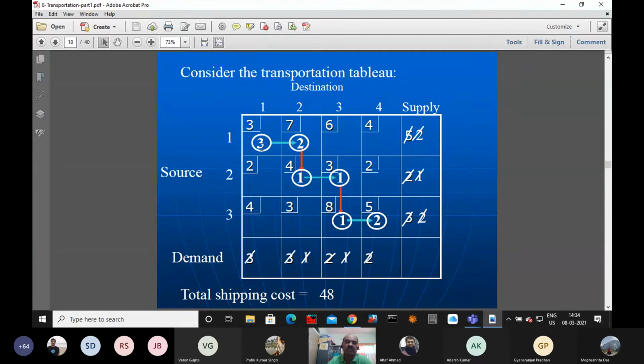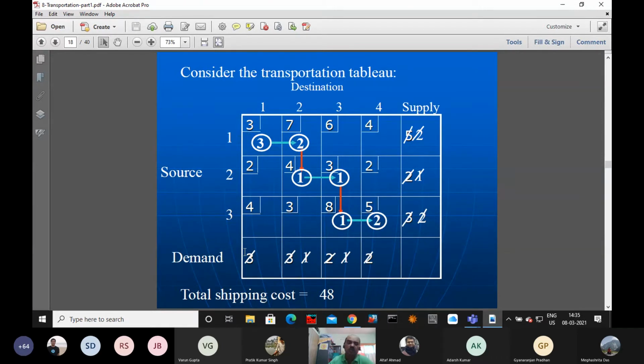So we can allocate to this cell 1,1 three units. Whatever the 3 is, encircled here, that is nothing but our x11. So now we have given a value x11 equal to 3. Once you have given 3 units, it is there, this 3 in the first row and in the first column itself.